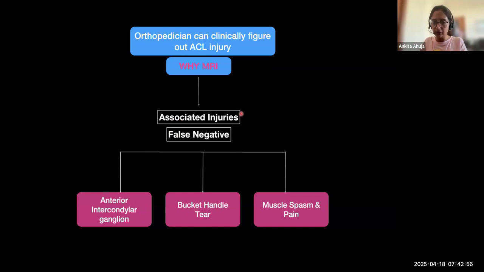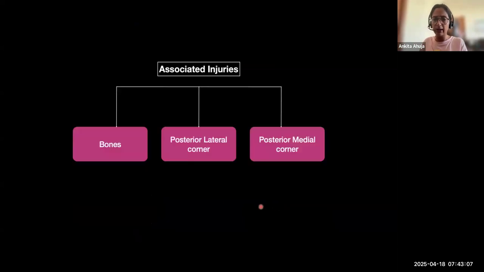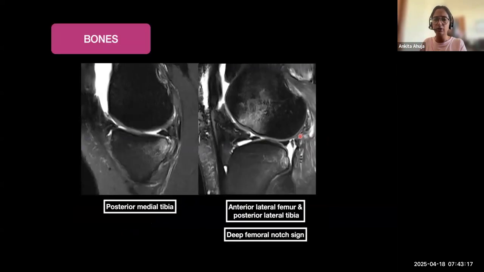So we need to understand the associated injuries, and these we know we can figure out. We can figure out a buckled ligament like we saw in the first case, or a bucket handle tear like we saw with the meniscus. So we'll be able to tell him how bad is the ACL. But most importantly, we need to tell him the associated injuries, right? So if there is injury to the bone, if there is injury to the posterior lateral or the posterior medial